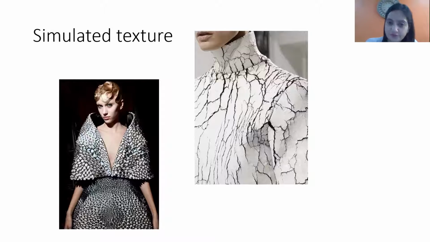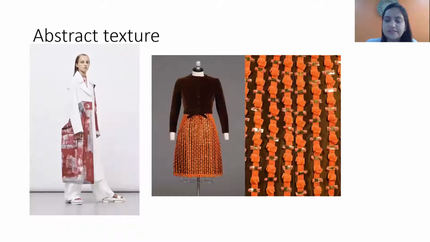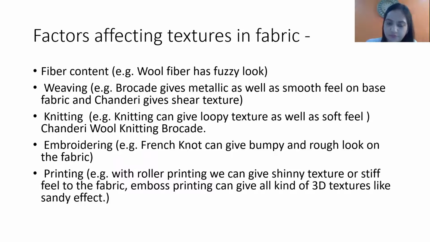While seeing the first picture, you can easily relate it to a cracky wall, which is chipped. The second image could inspire a designer if he or she wants to give a spiky effect. So these are the simulated textures, which are always taken as inspiration from real life or real texture. The third one is an example of an abstract one.